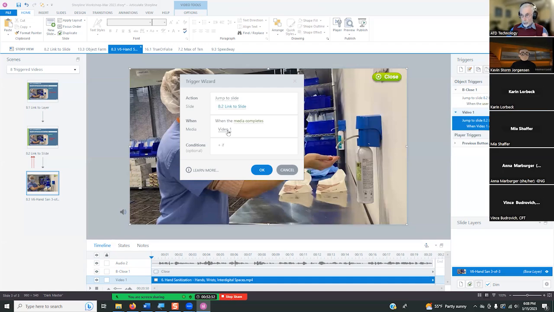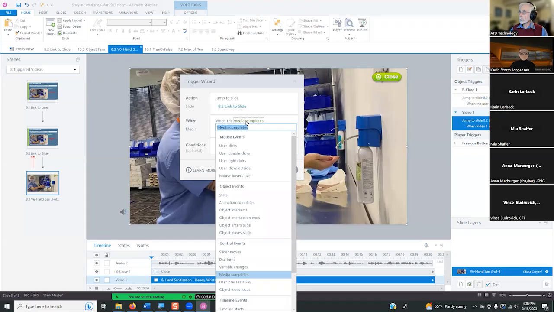What can possibly be wrong with that? It makes perfect sense, but as you heard, it doesn't work. I spent well over an hour trying to troubleshoot. I even completely rebuilt the slide. And finally, I realized that this is the wrong trigger to use.